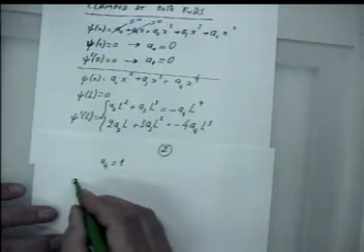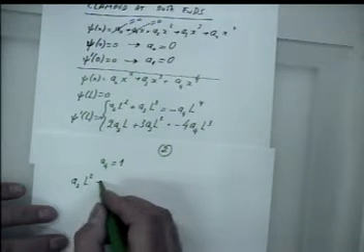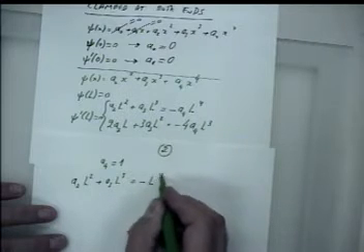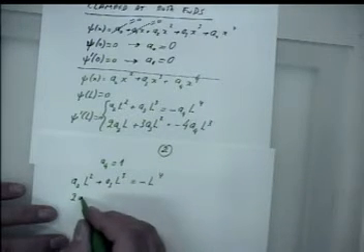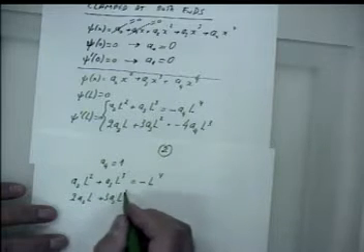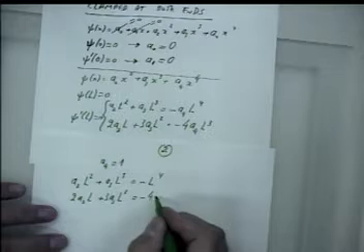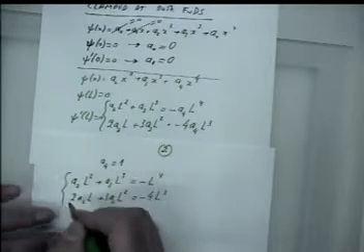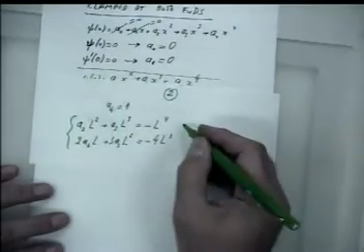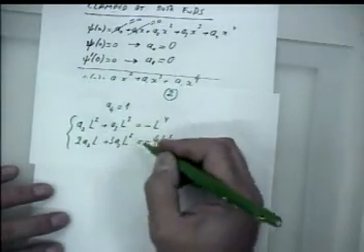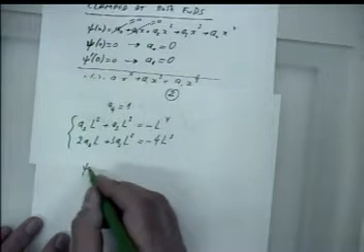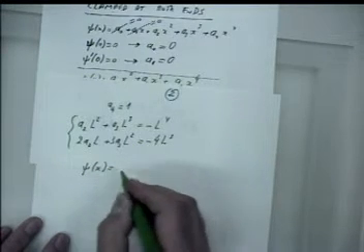And we have a2L squared plus a3L cubed equals minus L to the fourth power, and 2a2L plus 3a3L squared equals minus 4L cubed. So from here we can eliminate a3, etc., and we get the following final expression: